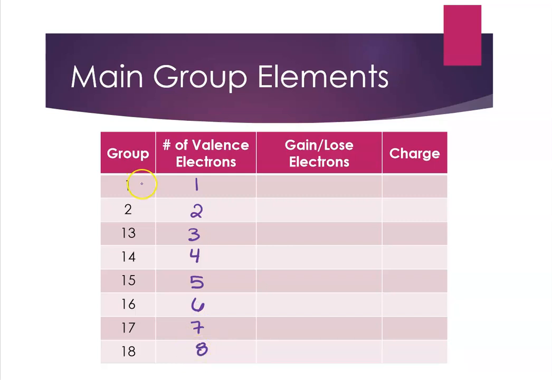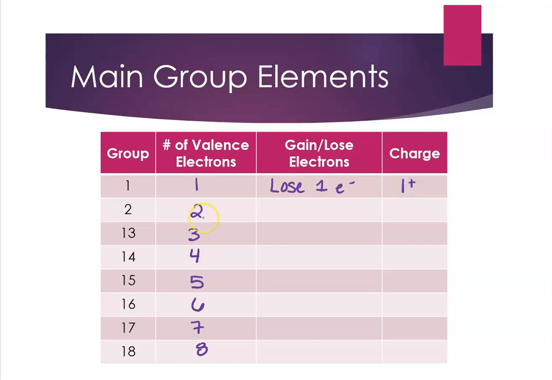So my goal here is to either get to 8 or drop to 0. If I have 1 valence electron, I would have to gain 7 to get to 8, but only lose 1 to get to 0. So it makes more sense for me to lose 1 electron than to gain 7 of them. If I lose an electron, that makes a cation, which means I'm going to have a positive 1